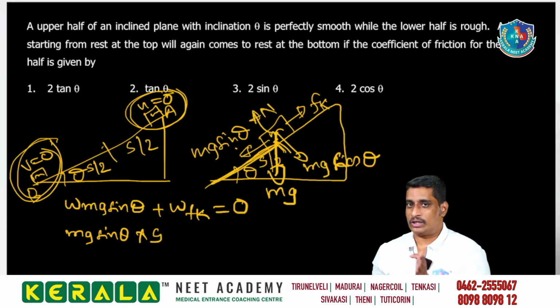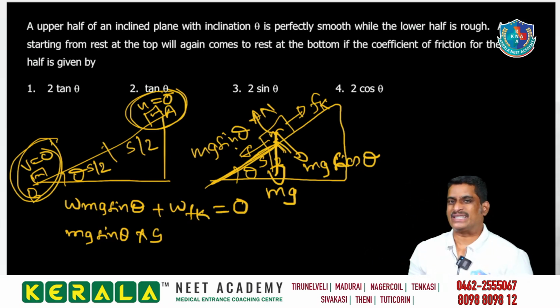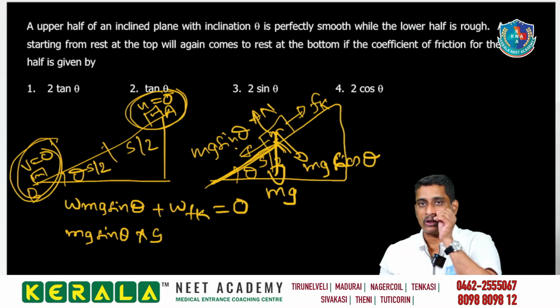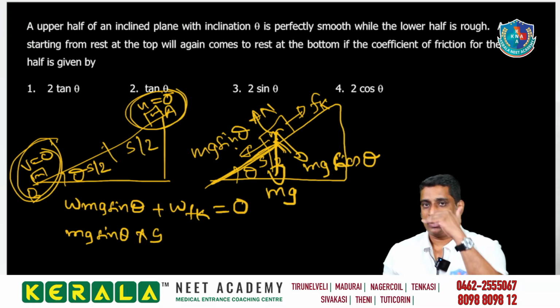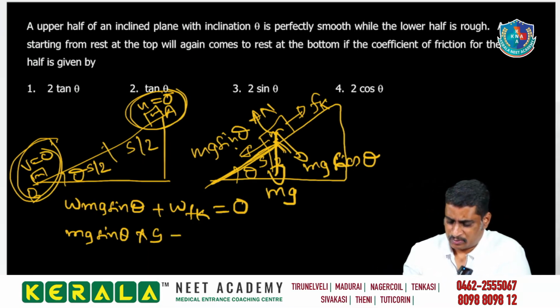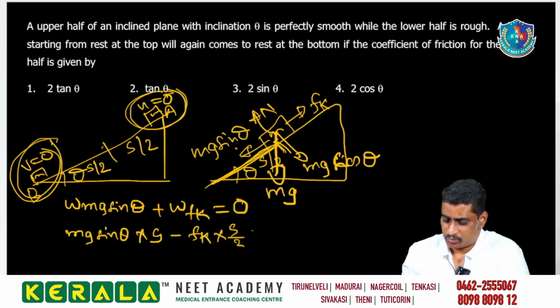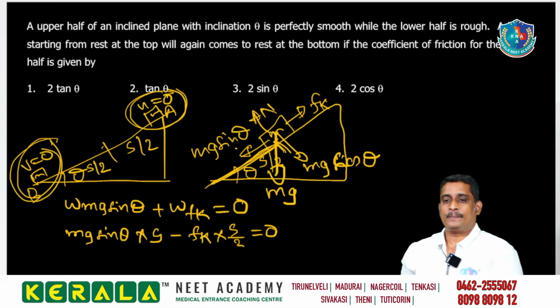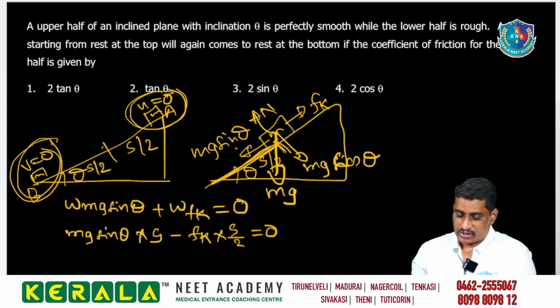And friction is doing work only when the block is moving over the lower part of that inclined plane. That means it's doing work only for the block moving s by 2 distance. So this will be negative. Work done by the kinetic friction will be negative. Minus Fk into s by 2 will be equal to 0. So from this equation we can write